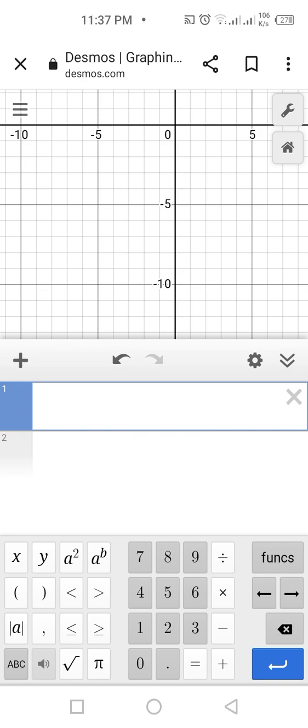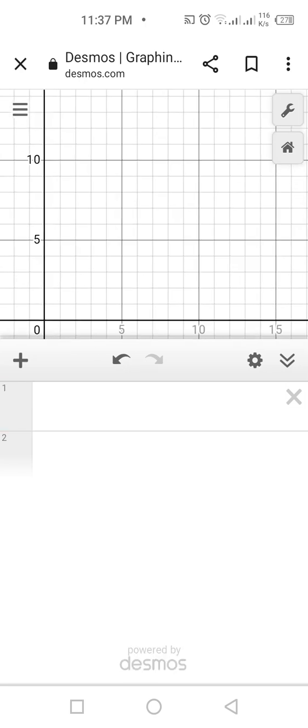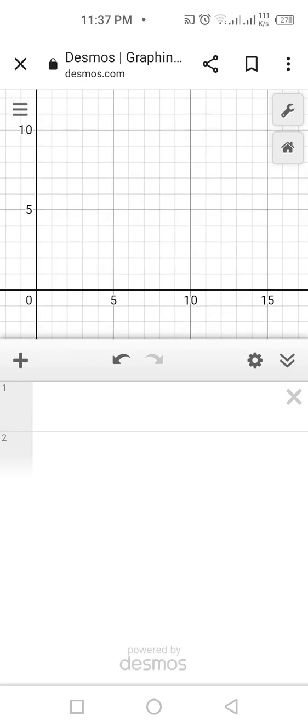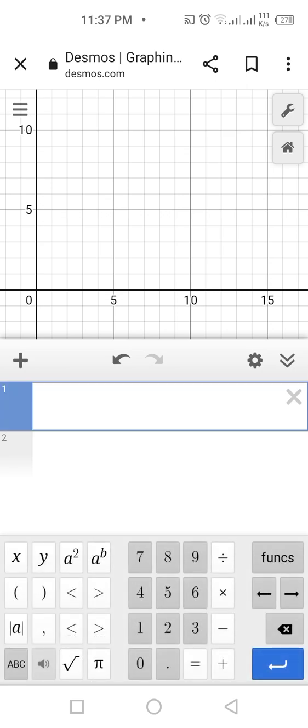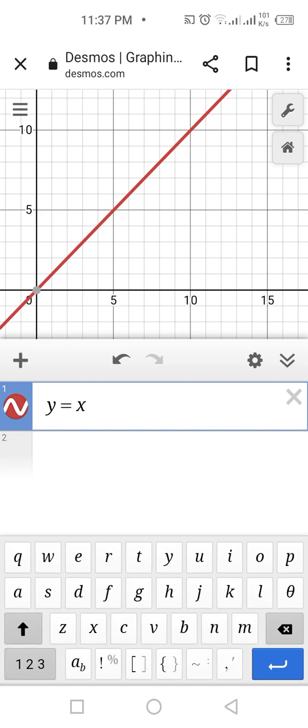In the past lecture we made the graph of a parabola. Now we make the graph of a line segment, and we make a parallelogram on the beautiful app, the Desmos graphing calculator. If I make the line from 0 to 3, we can write y is equal to x, let's suppose. So this is a line in the first quadrant and third quadrant. If I make a line segment from 0 to 5, you can see